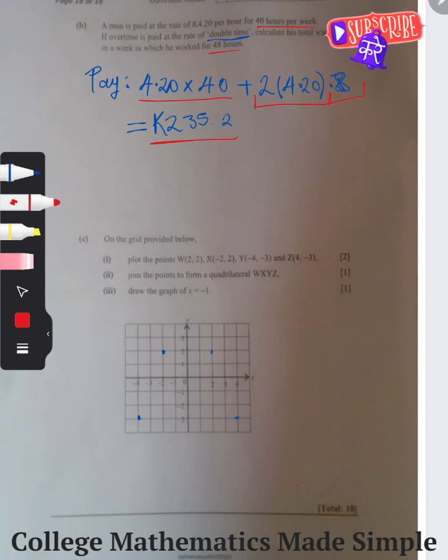And the next question, on the grid below, plot the points 2, 2. So you just look at the x-axis, which is 2, and the y-axis is 2. So that is the point here. Negative 2, 2: x is negative, y is positive. Then negative 4, negative 3 is here, and the last point is 4, negative 3. So 4 is positive, negative 3 is negative. Now join the points to form a quadrilateral. So I just join here, join there,